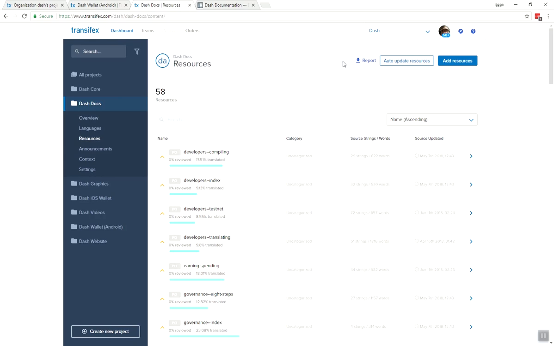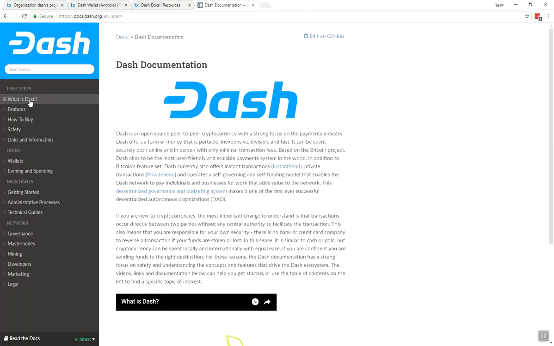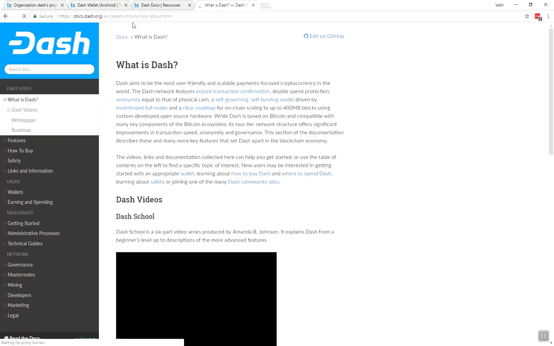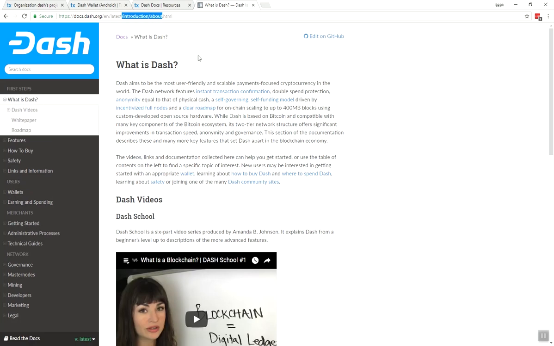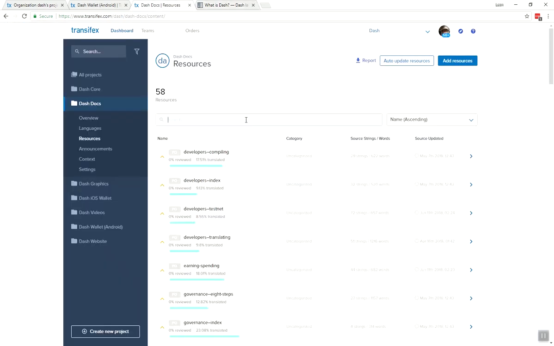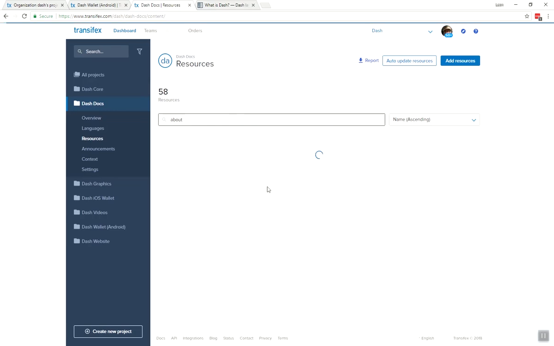So I thought I would demonstrate a little bit how we navigate around here. If we look at the Dash documentation, there's a table of contents on the side here, and each page corresponds to a specific URL up here. So we're now at the page introduction/about. And you can find that same page here just by searching for about, and you can see the introduction part when it loads